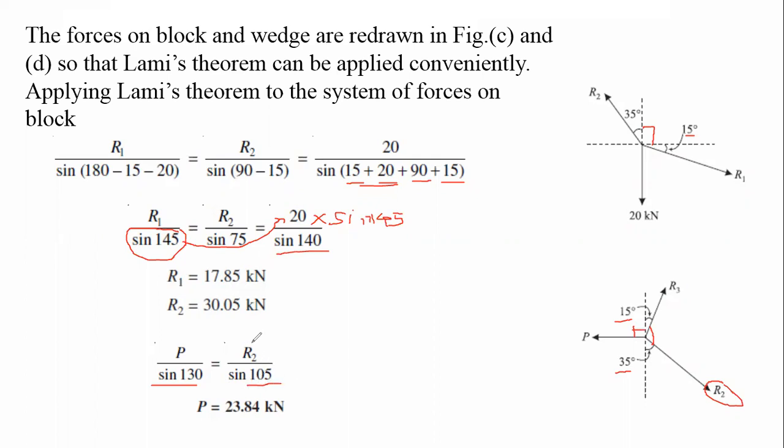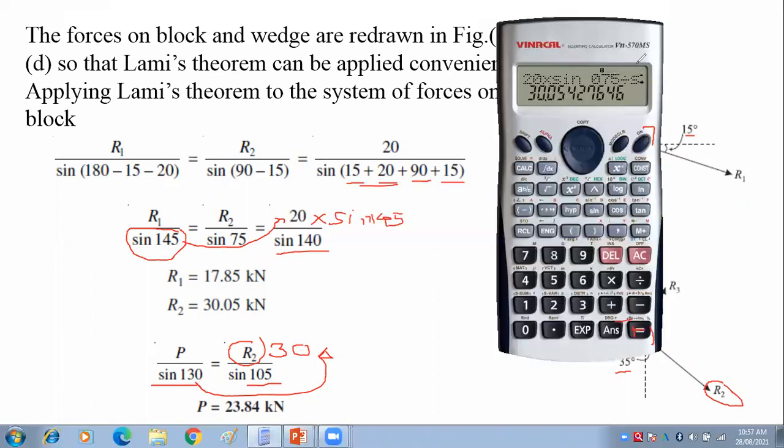Now solve this. R2 is 30, it means that this term, let us take to this side, it will be multiplying. If you multiply this 30 with sine 130 divided by sine 105,